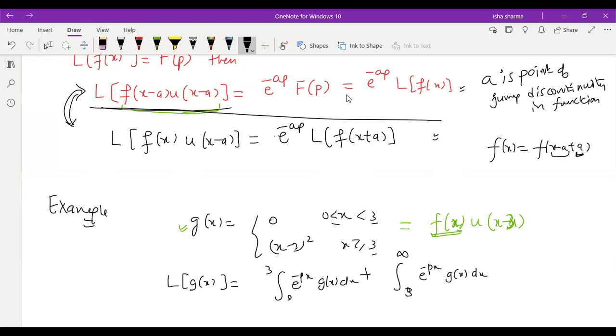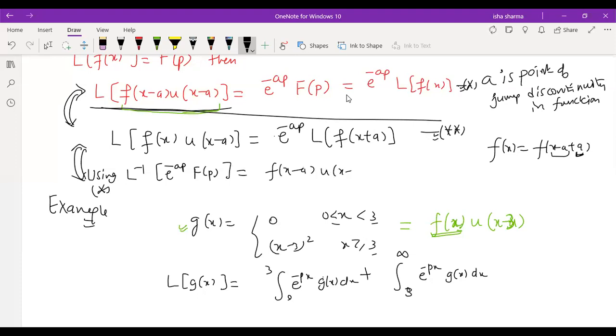And one more statement which we can derive from here is about Laplace inverse. We do this with every property. One property we define for Laplace transform, and then we immediately write what is going to happen with the inverse. So for defining the inverse, I'm using this one. Let me call this star. Let me call this double star. So I'm using star to write the equivalent expression for Laplace inverse. So Laplace inverse of e raised to the power minus a s F(s), or L of f(x), is going to be f(x minus a) u(x minus a).